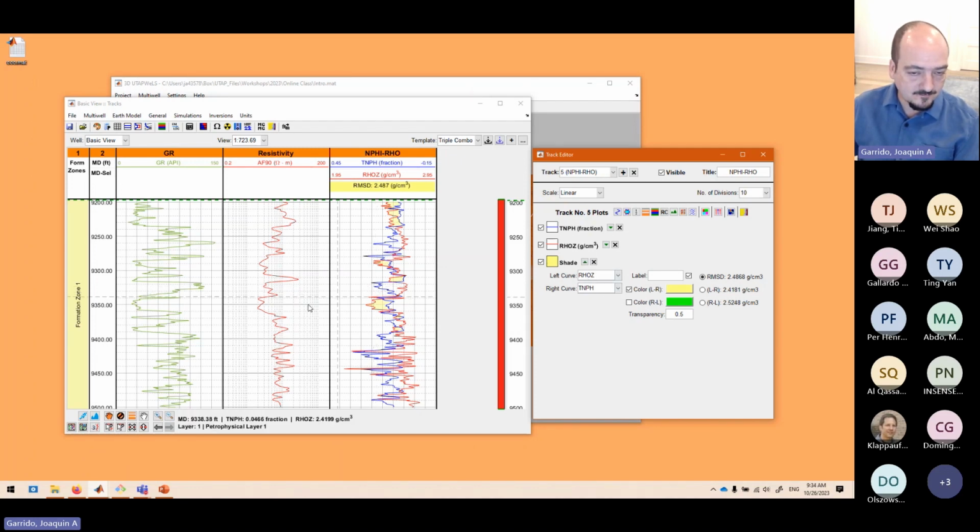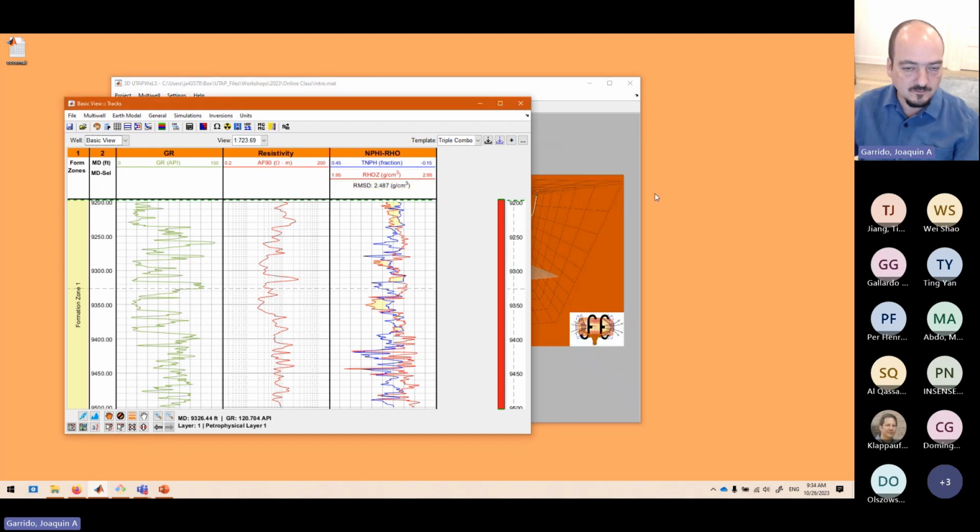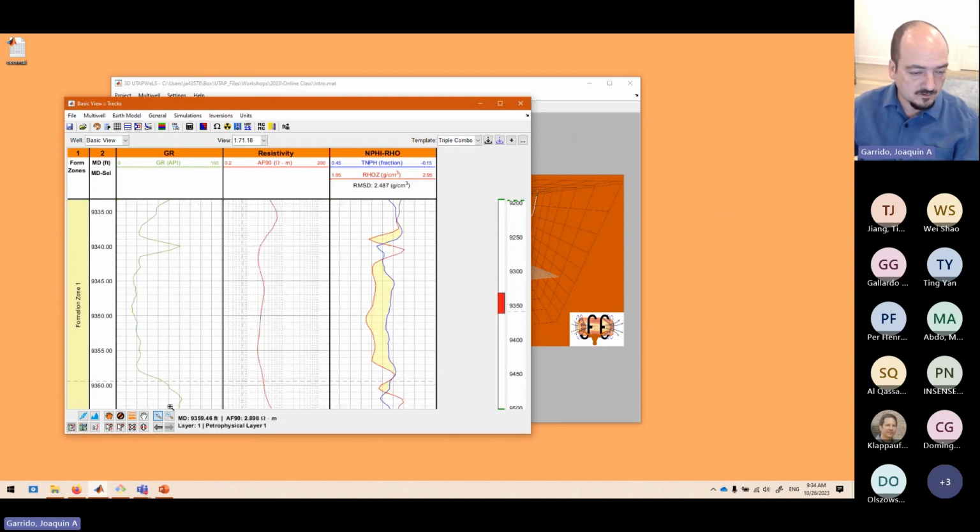So now I see that this area is a little more interesting, and I see that gamma ray is low. I see it's an area that we want to see. So to zoom in, here in the bottom we have some controls. I'm going to zoom in into this area. Now here we are. Now that I've zoomed in here,